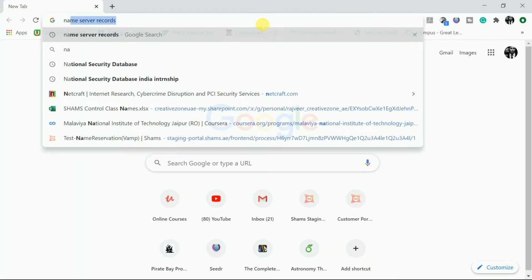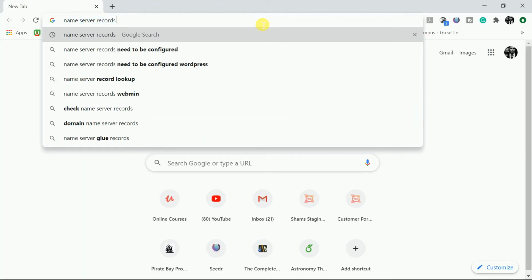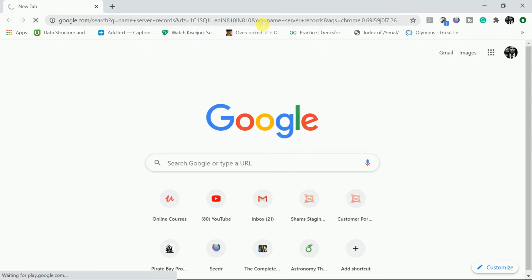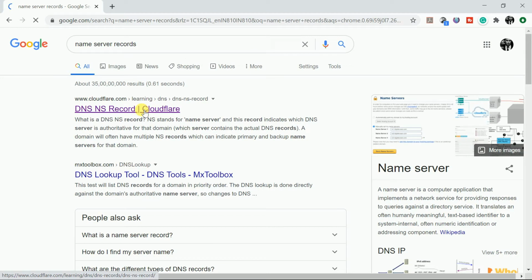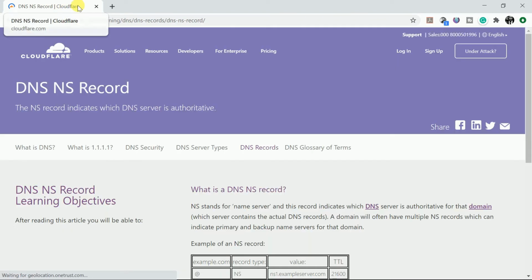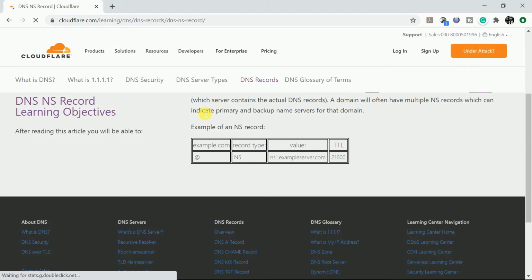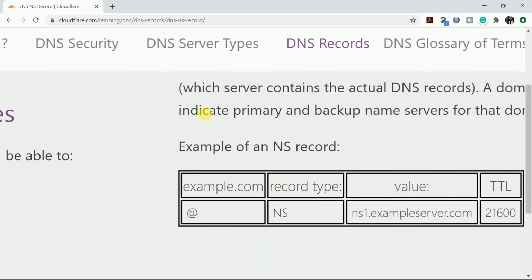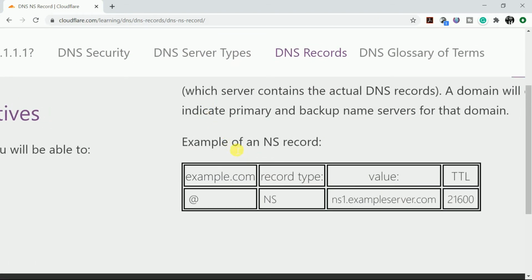I will just type here name server records and hit enter. I am opening the NS records for Cloudflare, and I hope that you can see it clearly.